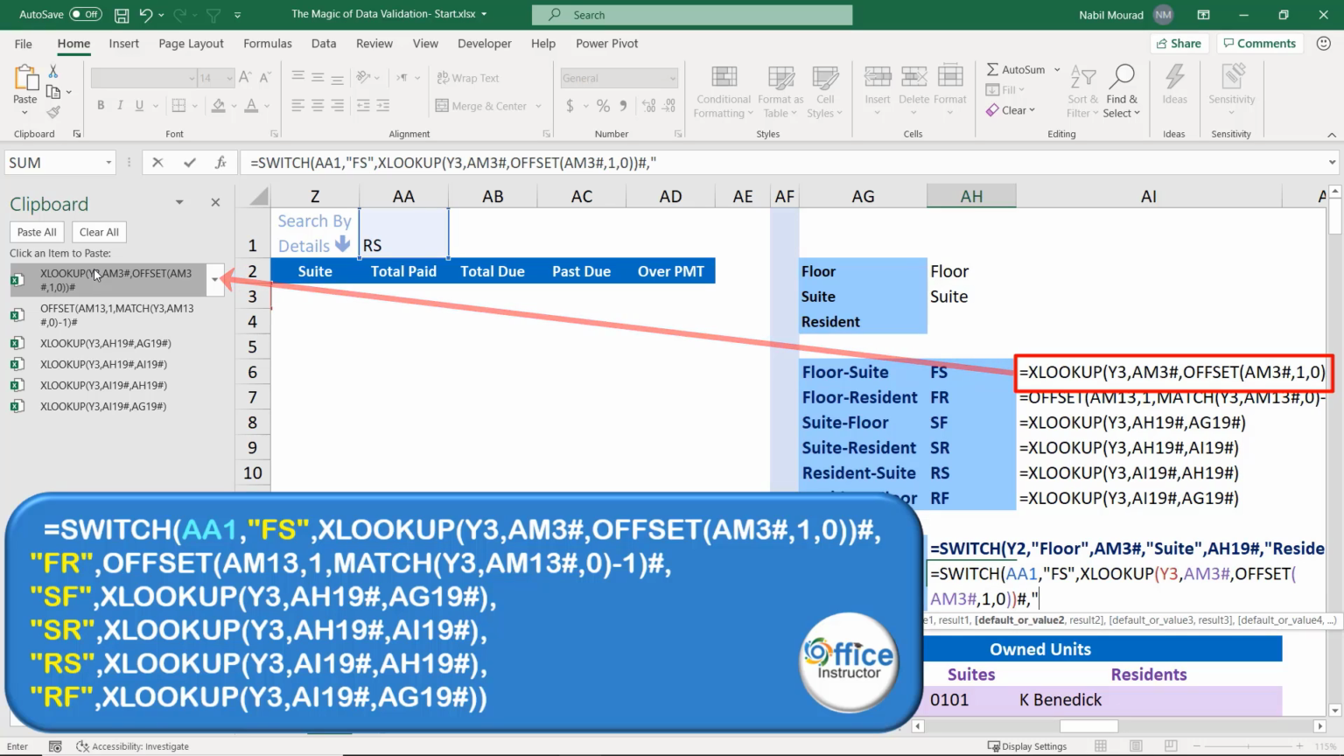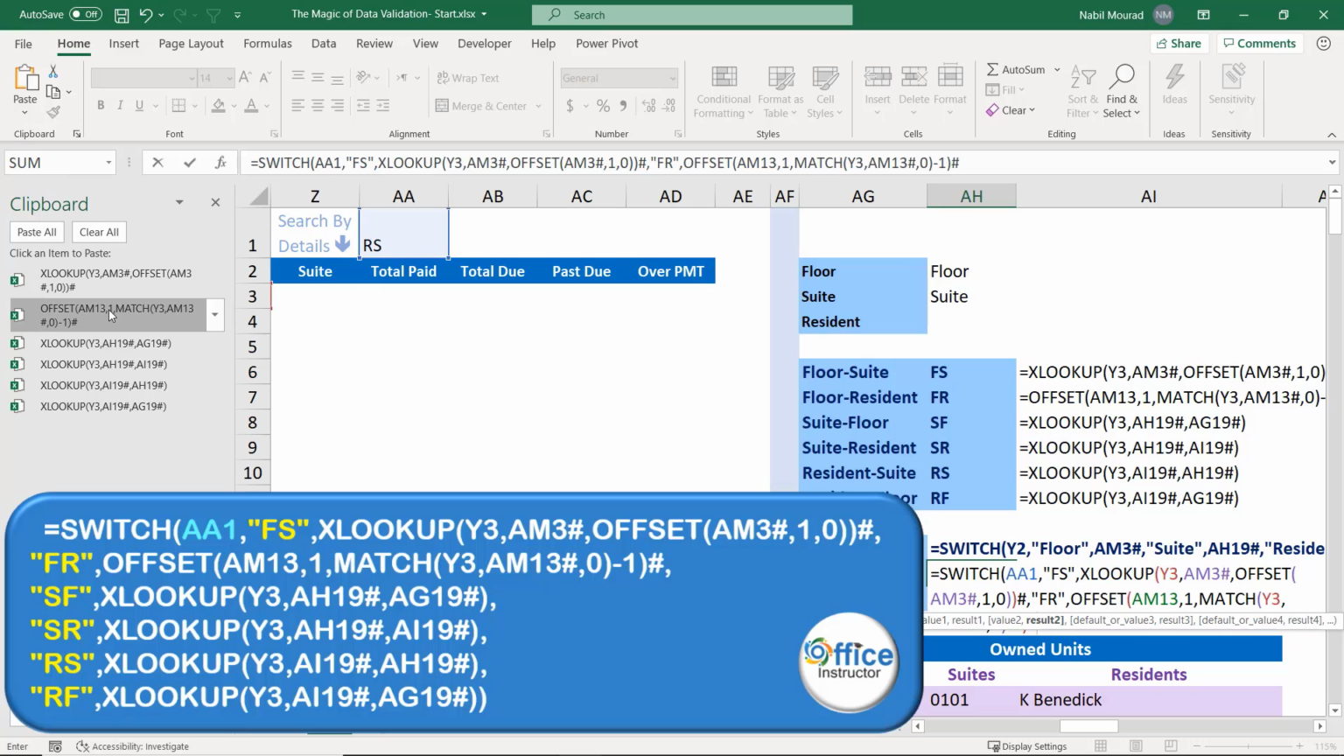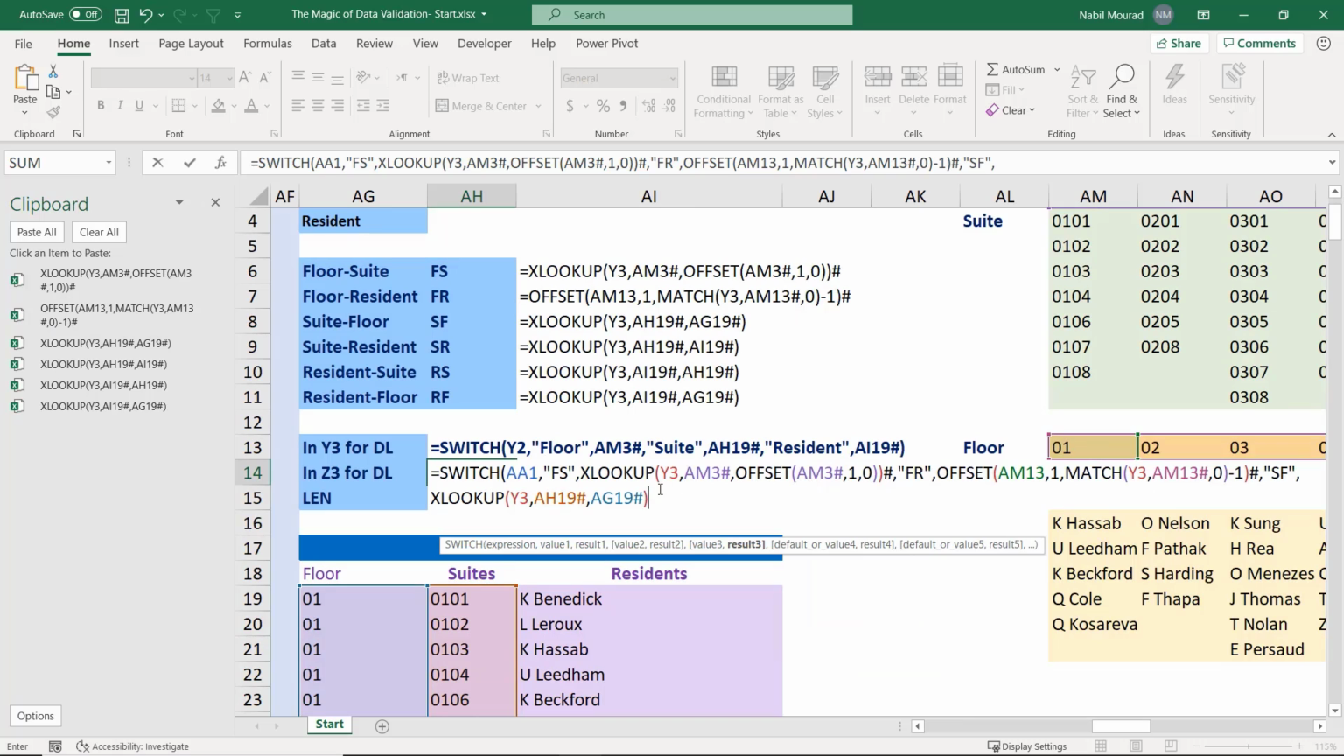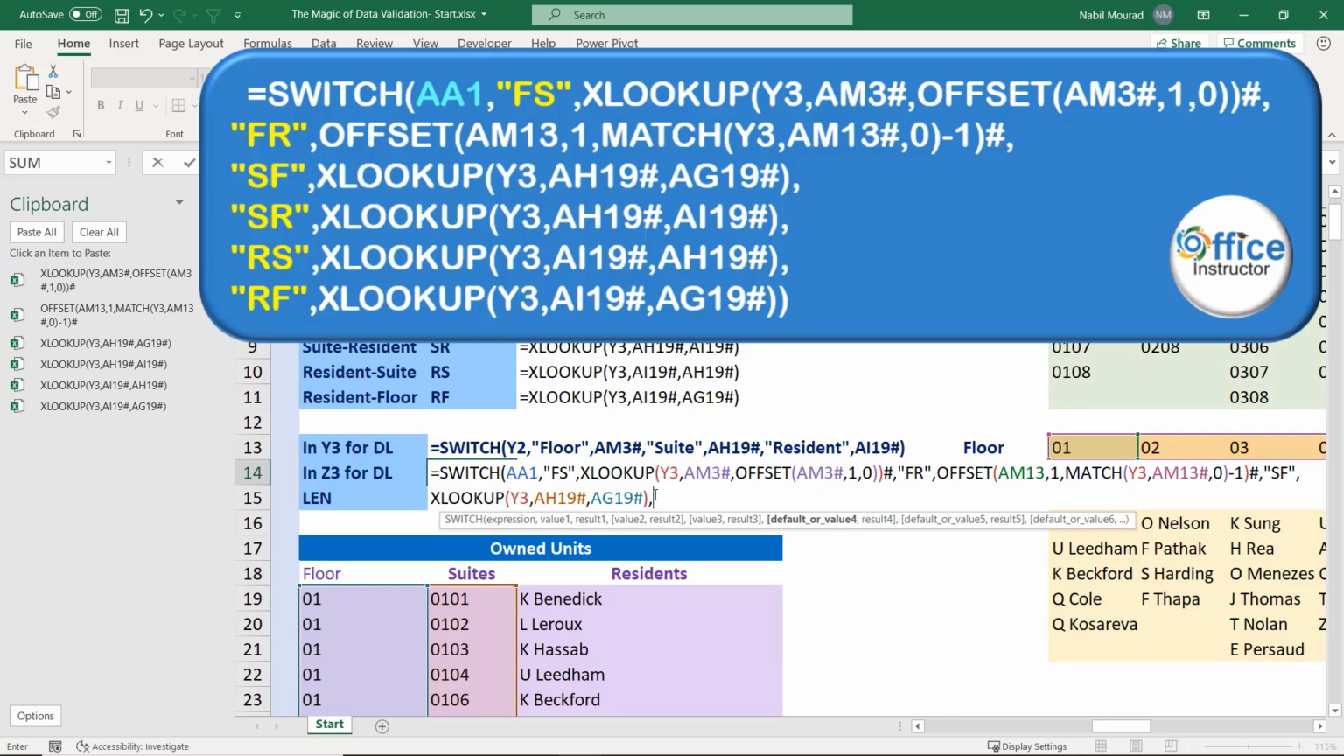Then comma, in double quotes, I type the second combination, FR, and then comma, and I paste the second function, and then comma, in double quotes, I type the third combination, SF, and then comma, and I paste the third function, and then comma, my fourth option will be SR, double quote, comma, and I paste the fourth function, and then